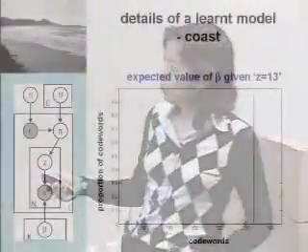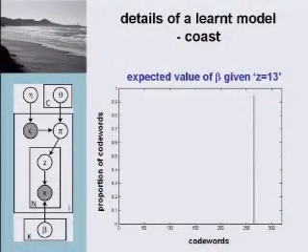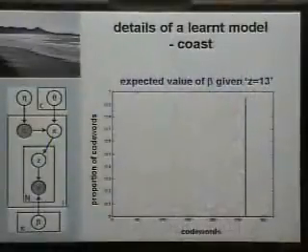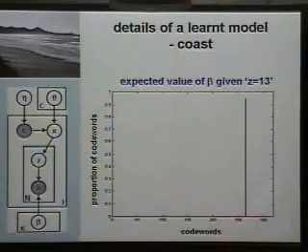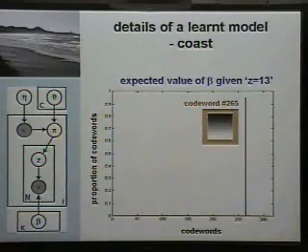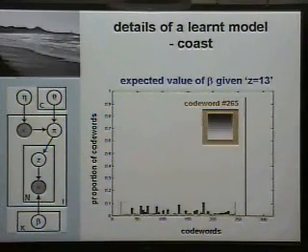So let's just look at theme number 13 first. Given theme number 13, or this intermediate level topic, we can look at the distribution of all the code words or global dictionary, and we basically get a spike out of it. So what is this? It's actually a horizontal edge patch. And it makes a lot of sense, because if you look at all the images coming out of the coast category, you have a lot of horizontal structure. It's actually not a pure spike, because I have some noise probability here.